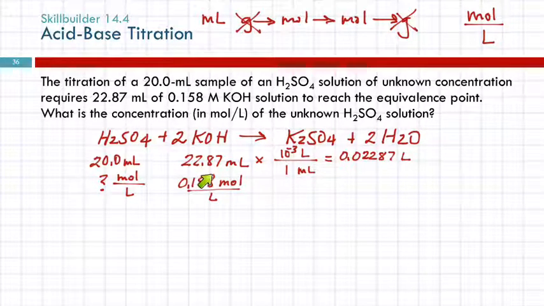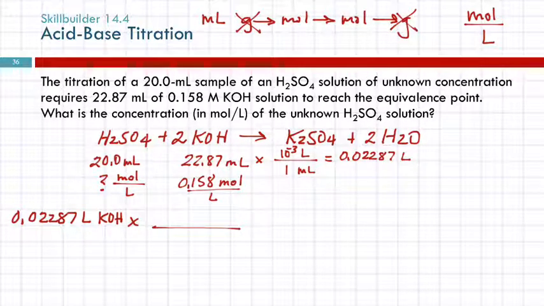Apply some common sense. This is a small unit with a bigger number, smaller number, bigger unit. 22 milliliters is not 22,000 liters. It's not 11,000 soda bottles. So now I have a volume in liters, 0.02287 liters of KOH